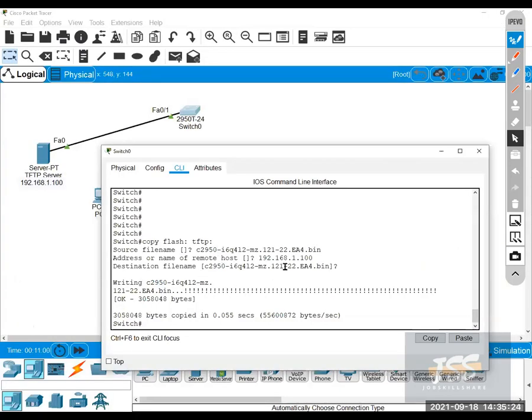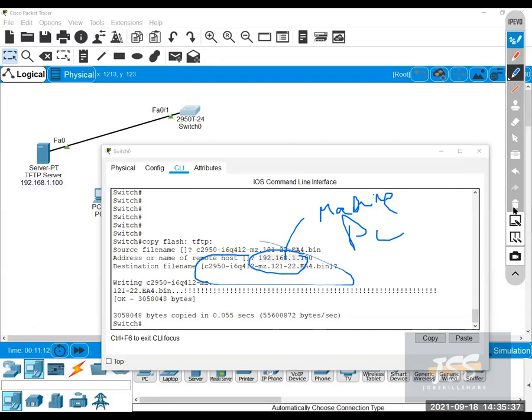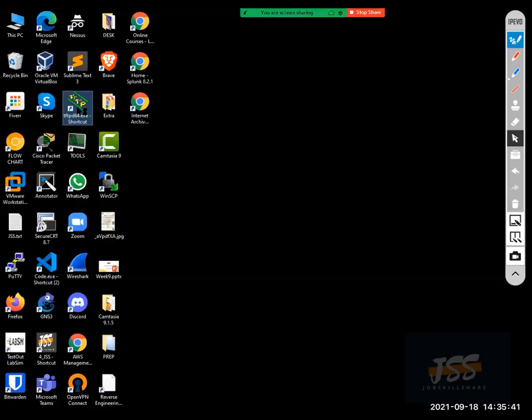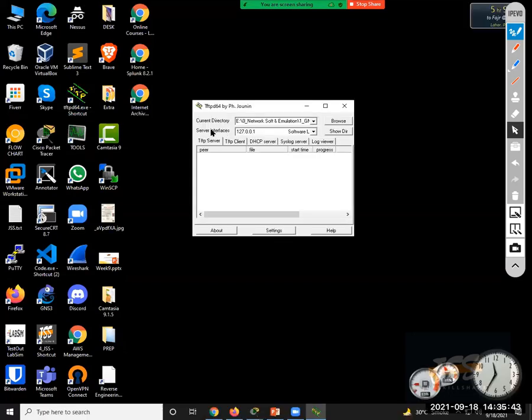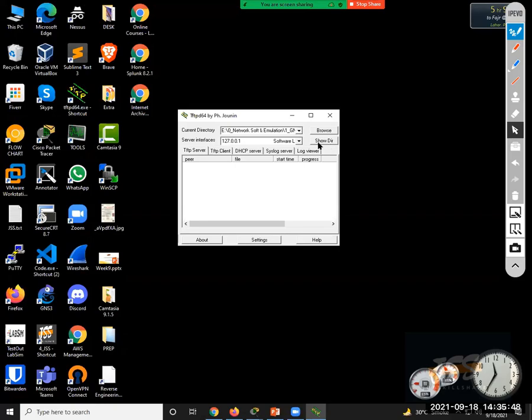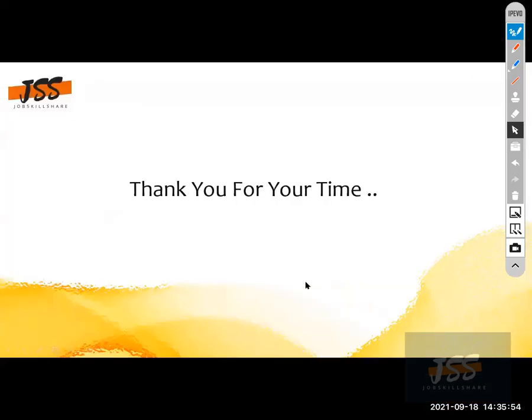Like we told this IP, this IP will be the IP of my normal PC. And then this file will be saved into the directory of this TFTP 64, like this directory shown here. Okay. So with that,